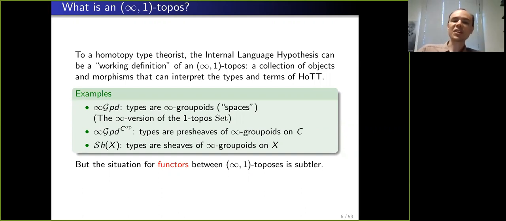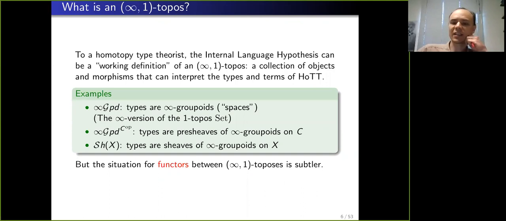We can think about pre-sheaf toposes, pre-sheaf higher toposes, pre-sheaves of infinity groupoids, or we can think about sheaves on some site in general, or more particularly sheaves on some topological space. And these are all just higher categorical versions of standard one topos theoretic constructions, if you're familiar with that. The situation for functors, which is relevant to what I'm going to talk about today, is a little bit subtler,